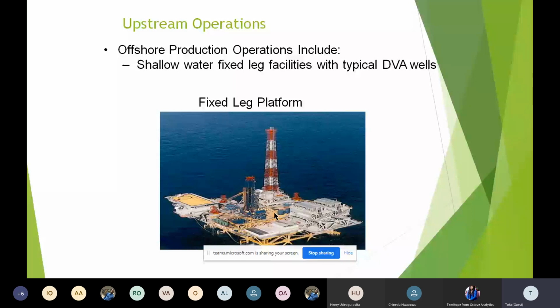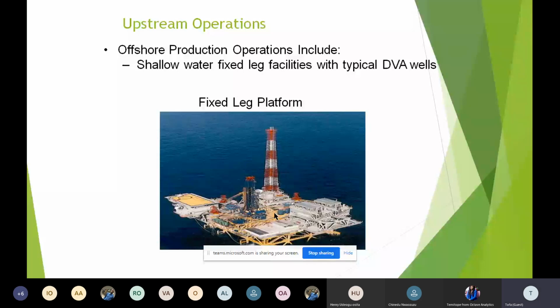So again, hydrocarbon resources, we explore them both onshore, which is on land, and offshore, which is in water or in the deep oceans. In the onshore, we use onshore rigs, and offshore, we use offshore platforms or rigs. So I'm still maintaining high level. If you have any questions, please take note.